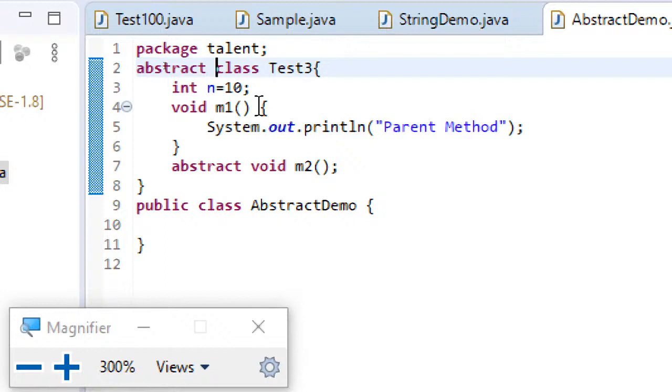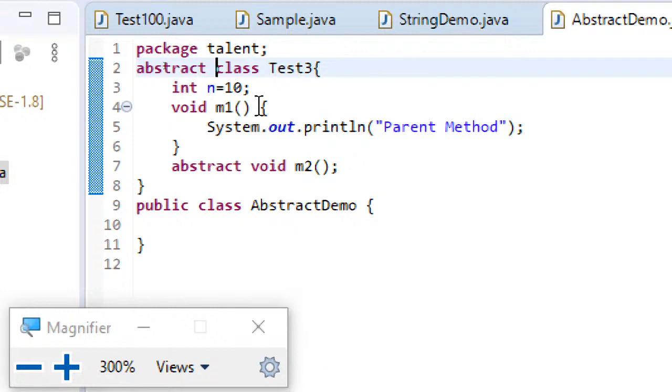What does it mean? You cannot create objects for abstract classes. The answer is simple: an abstract class contains some methods without body, I mean abstract methods. When the class contains methods without body, what is the use of creating objects of it?